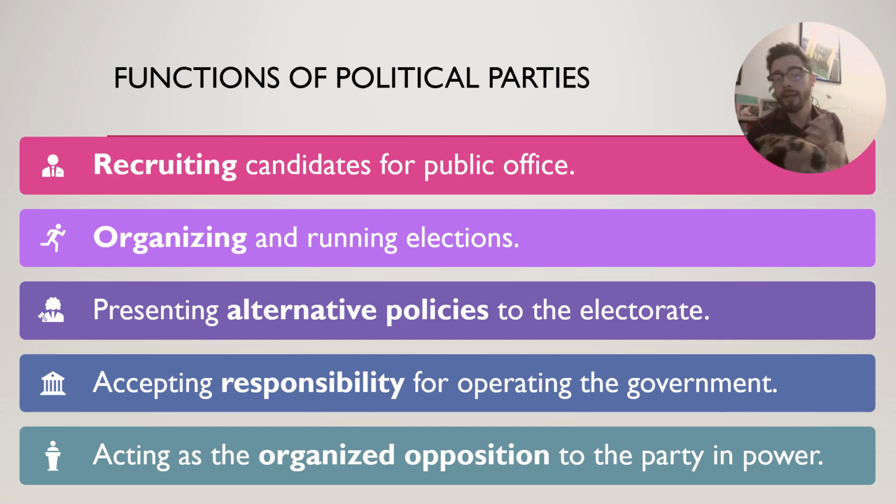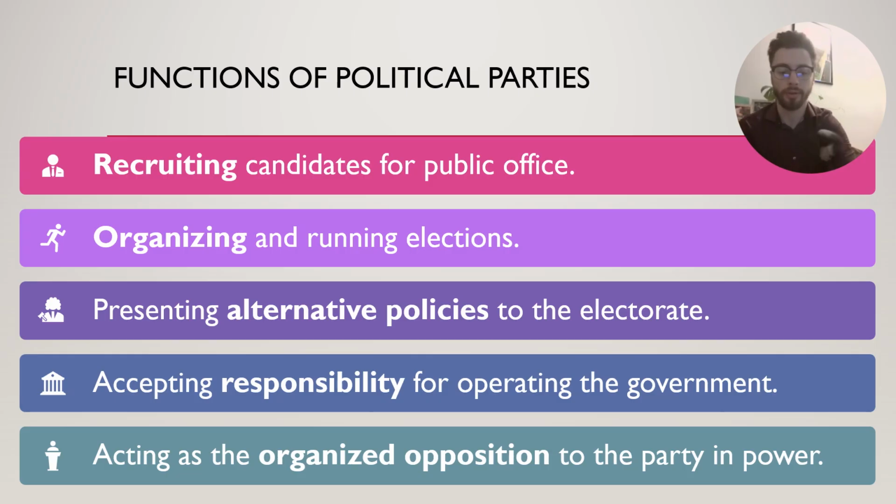We also see they accept responsibility for operating the government. We have a multi-member government. Simply put, we have many, many individuals taking accountability and responsibility for the actions of our government. Political parties enable us to have greater and easier accountability for those when they may make mistakes. They may govern outside of our interests. Not just can we hold the individual accountable, but we can hold the organizations and institutions that they represent accountable,